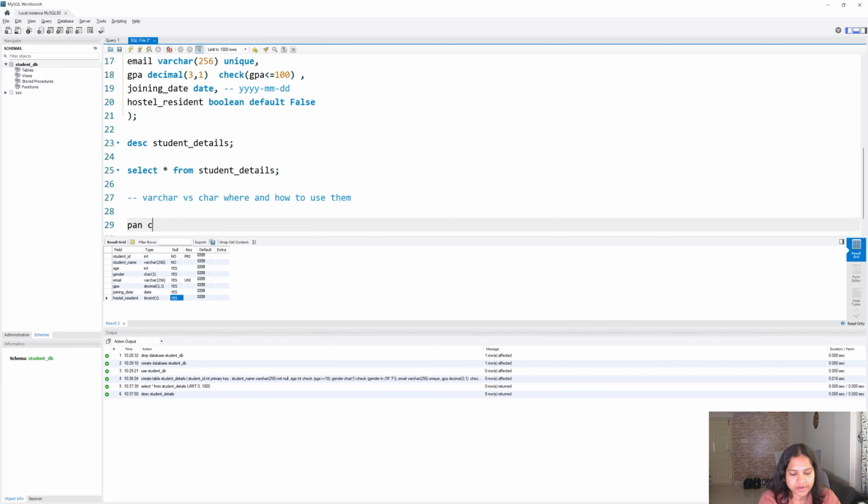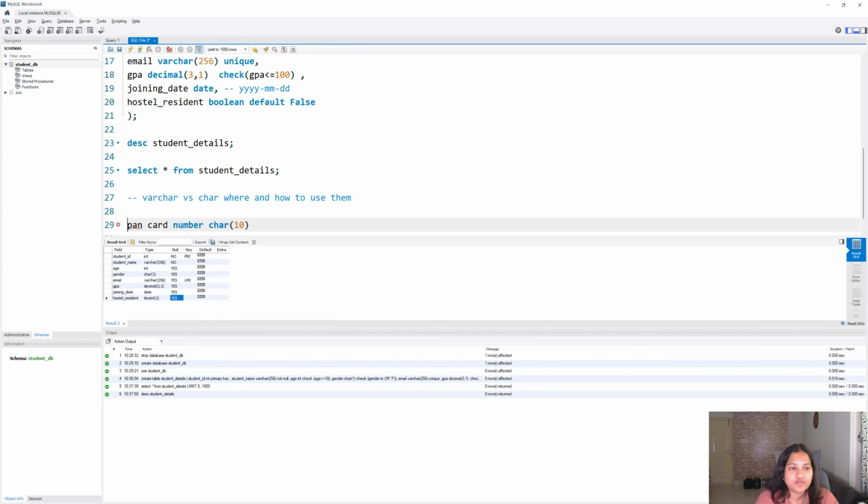Let's say your PAN card number or your Aadhaar card number is going to be a mix of alphanumeric characters, around 10 characters, that is the same for everybody. Also pin codes are the same for every place in India, with six numbers for each and every pin code. So you know that there is going to be a fixed number of letters or strings. In that case you will use char, and in the bracket let's say put 10, which means that particular column will only have 10 characters, not more than that.